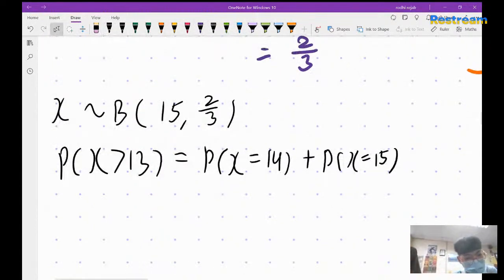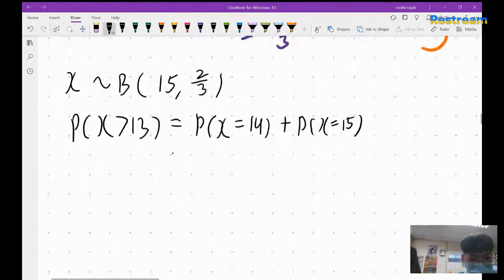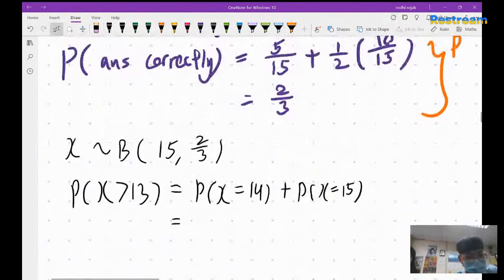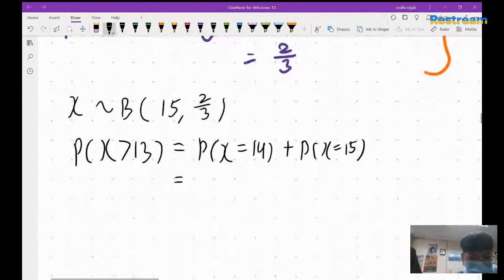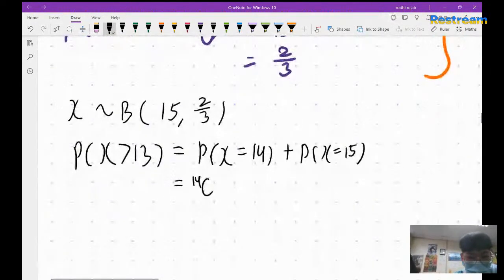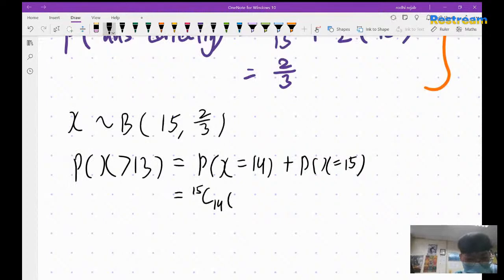So basically we know that greater than 13 is 14 and 15, the total is 15. So now we just sub in the formula. When doing binomial, we know that it's nCr times the probability p to the power of how many correct. So here for 14, it's 15C14, where 15 is the total, times the probability to get one question correct, which is 2/3, so to the power of 14, then